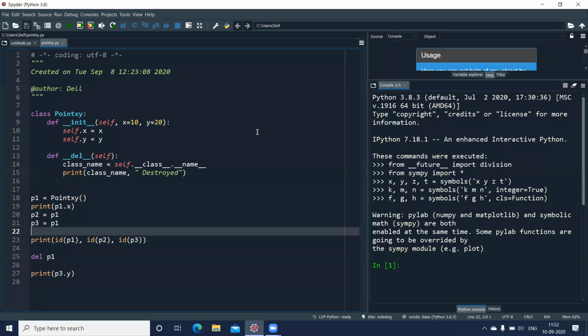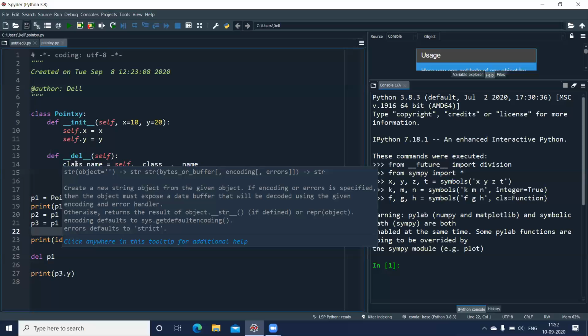Okay, this was the last program which we did, and we had the constructor written here, your init, and the two variables we had initialized. And you can see in the parameter list, we have given default values as well. So if by chance I do not pass the values for X and Y, the default values will be assigned to the variables. Okay. And we also created a destructor.